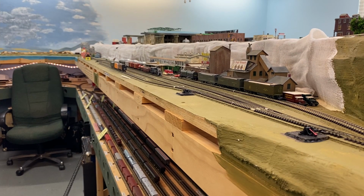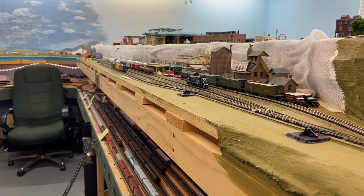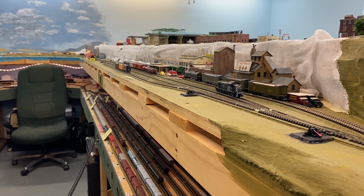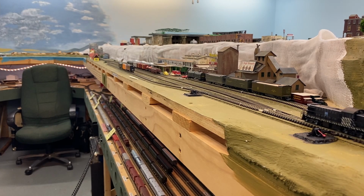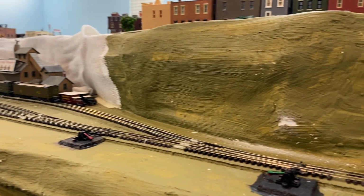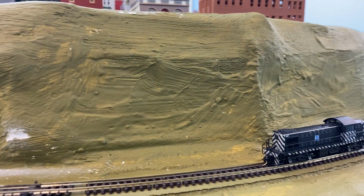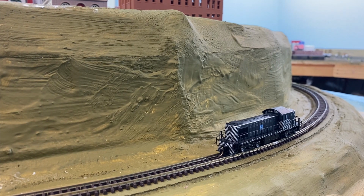So the engine has been uncoupled from the remainder of the train and we'll now bring it forward. It's going past the Meadow Gold plant and the Three Dogs Brewery. It'll come out here, as you can see. Wait here, and we will flip a turnout, reverse the engine,